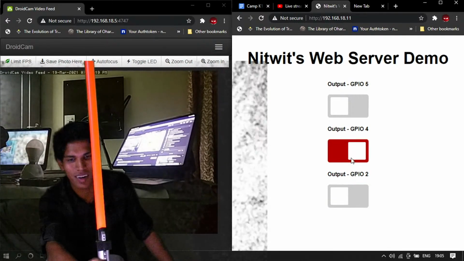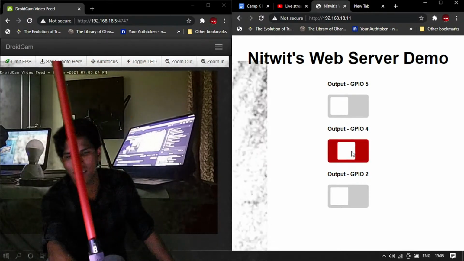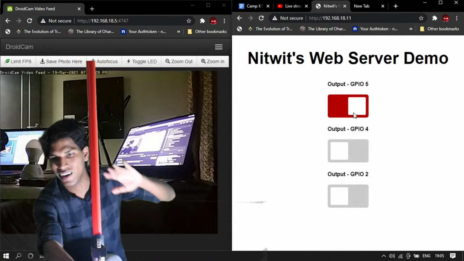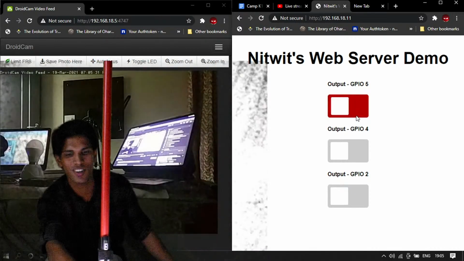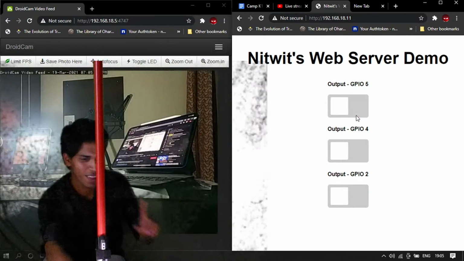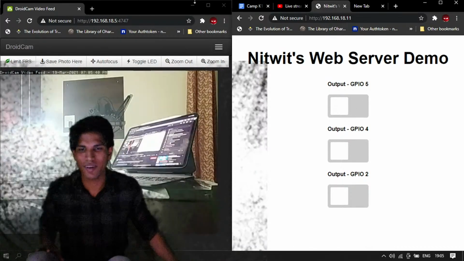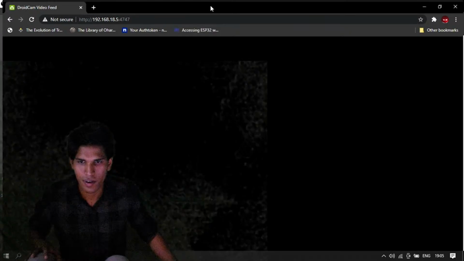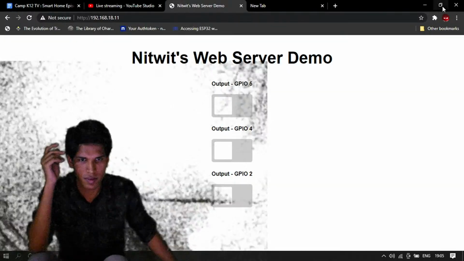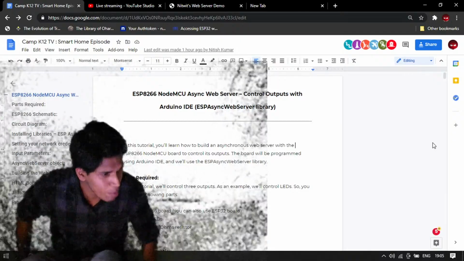Ignore the third switch, but see, this one turns my lightsaber on and off. And then this stop switch turns my bulb on and off. Okay, let me turn back the lights in my room and we will begin with our session. Cool, let's close this and then let's close this. Let me just turn on the lights in my room.